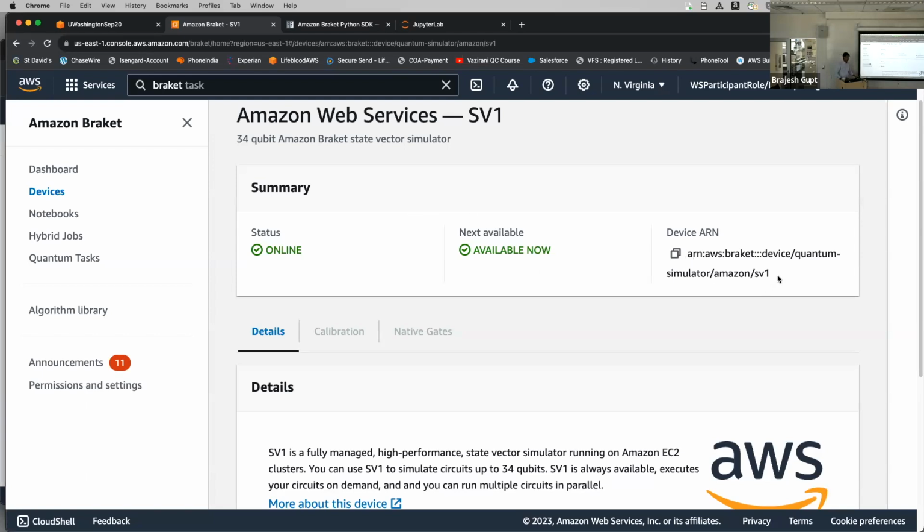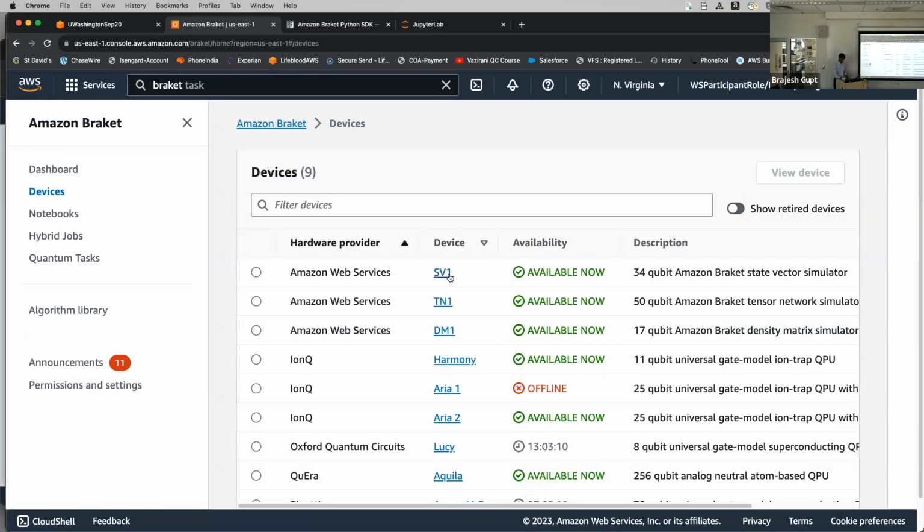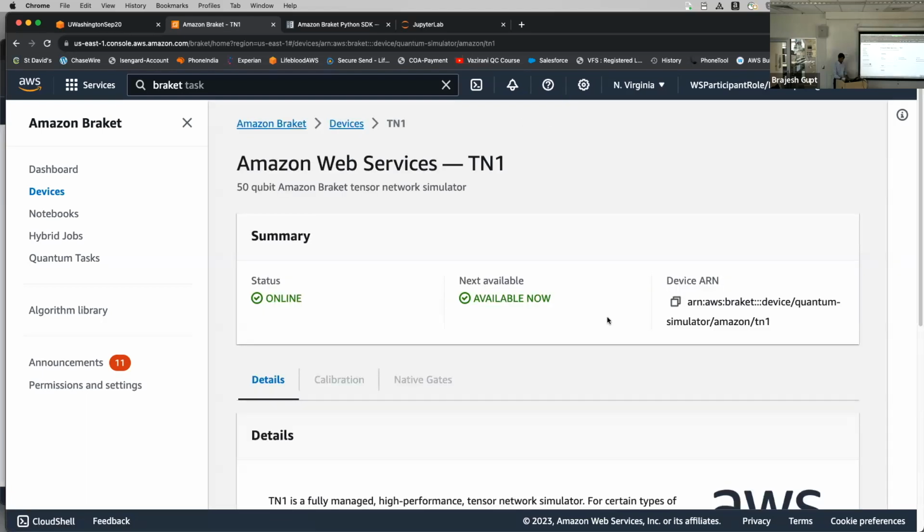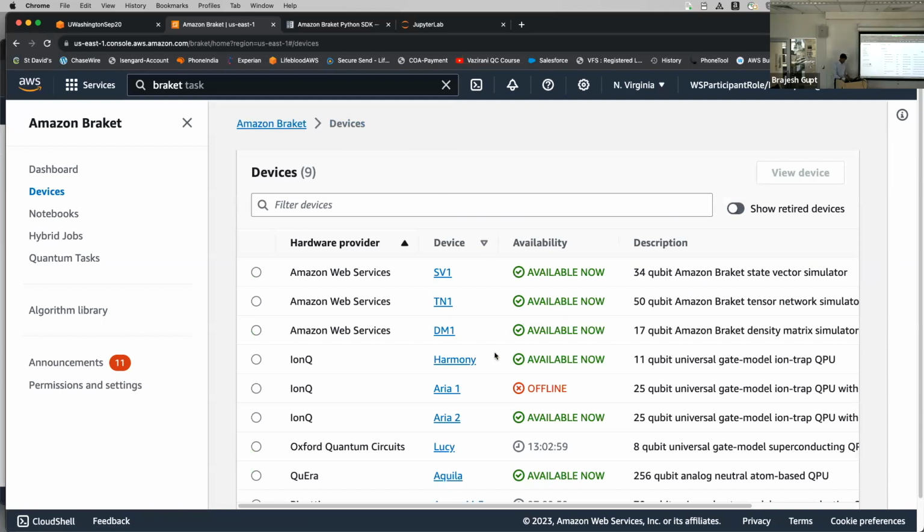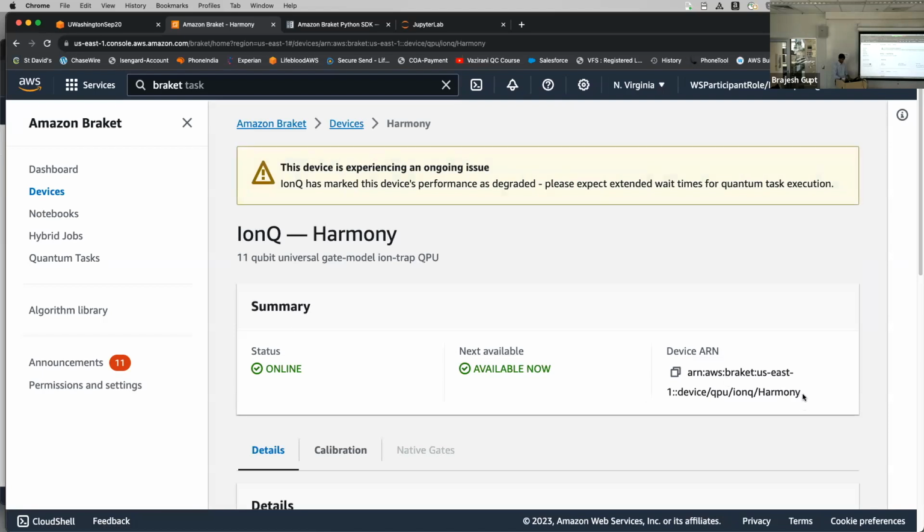Whenever we want to run a quantum task on state vector 1, we will specify this identifier in our code, and the code will run on this device. The same code can be run on a different device just by changing the device ARN to something else. For instance, if you have code that runs on state vector 1, but you want to run on tensor network 1, you can just change one line and give the identifier for the tensor network simulator, and you will get there. Similarly, if you want to run the same code on quantum hardware, for instance on Harmony, you will need to just copy the identifier or ARN for